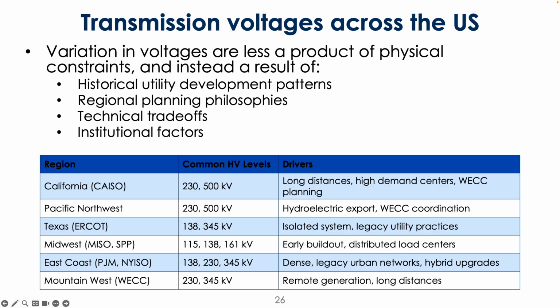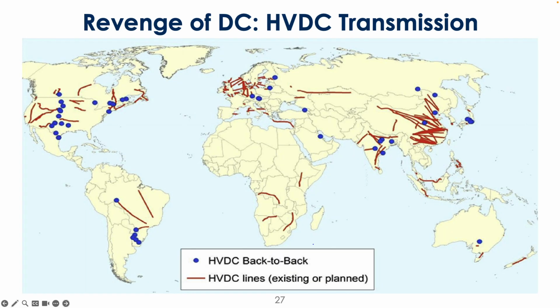Right, and so remember that all of this stuff is operating in AC, but as I mentioned in that previous slide, there are sometimes where the economics of doing high voltage DC transmission actually make sense, when the distances are long enough. And you can see that happening in some places, right? A very small amount in the US, a decent bit in Europe, especially for these long